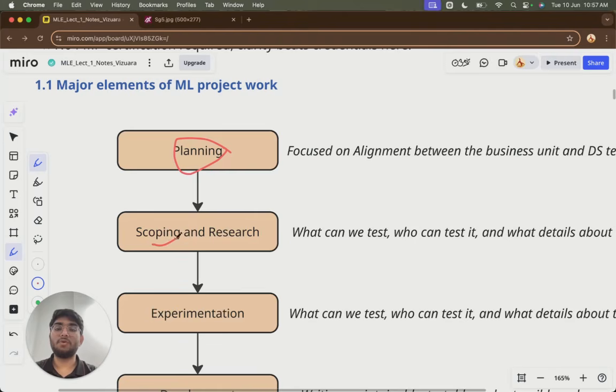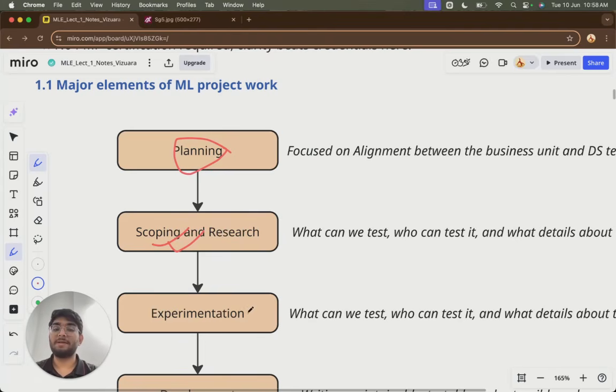Then the next is scoping and research. Here you will have to know what kind of database you are receiving and what kind of algorithms you can use. If you are getting number plates in Excel form, can you process that? Which algorithms will work? Do you have to use YOLO V8 or do you have to do OCR? Technical research has to be done here based on what database you get from the government. And if you have questions regarding that, that you need a specific data set or specific data type, that needs to be conveyed as well.